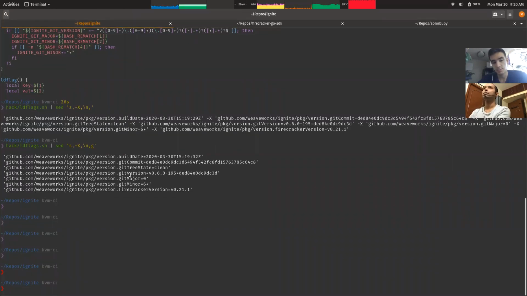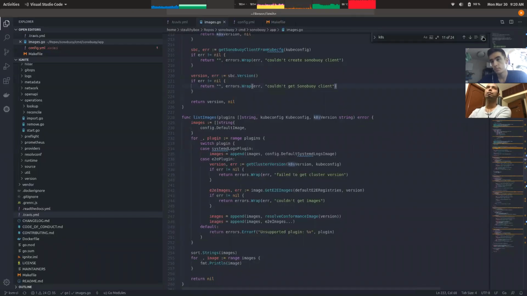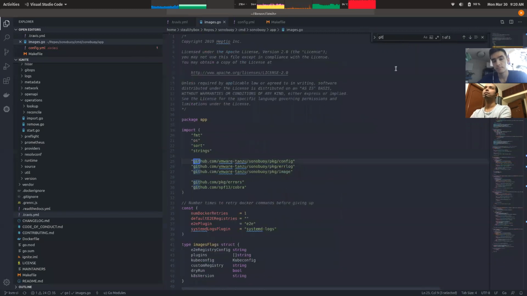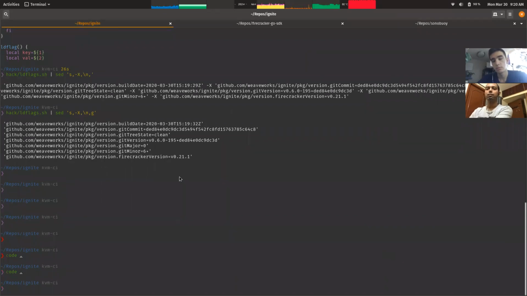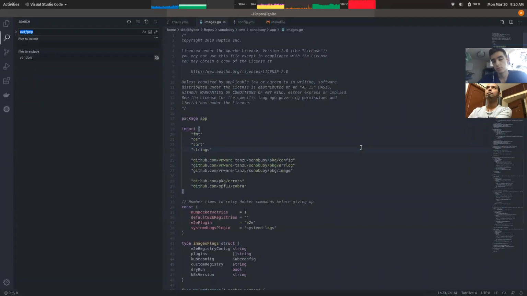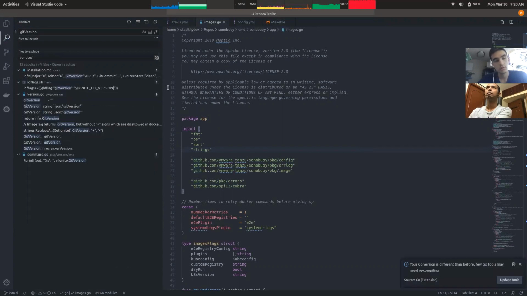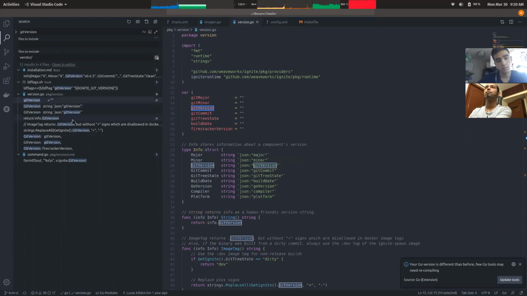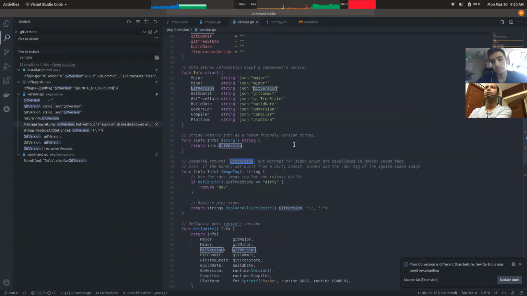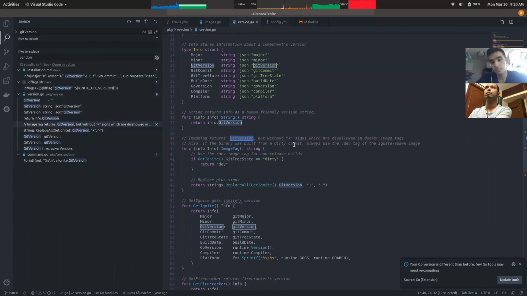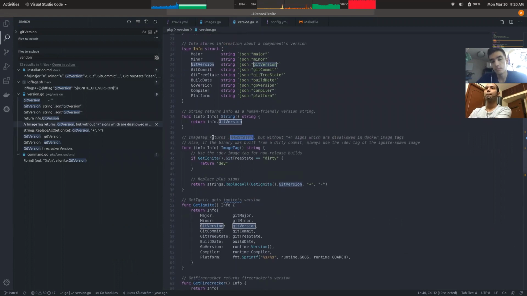And I believe that that's probably the value that's actually used in the program. Oops, that's Sonobuoy. Yeah, so this would be